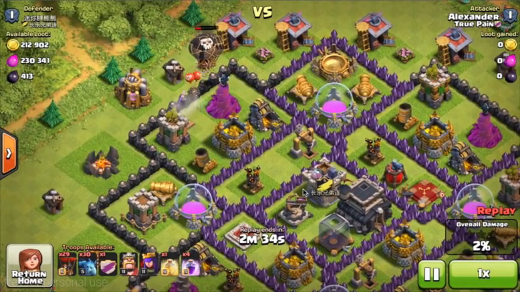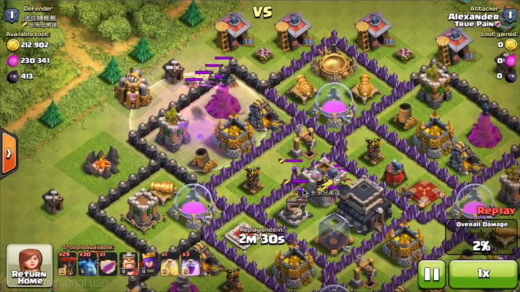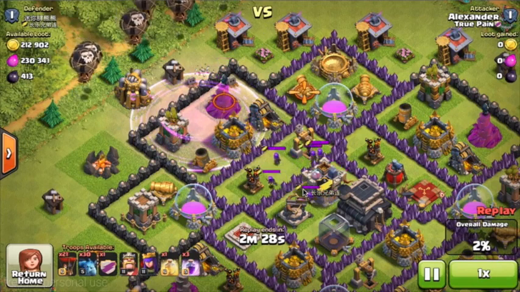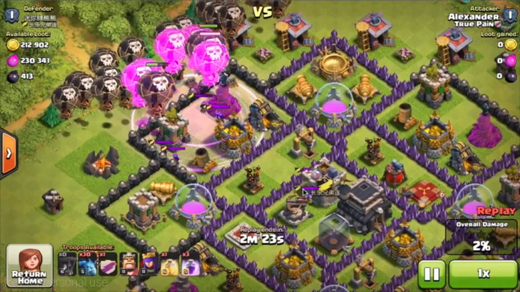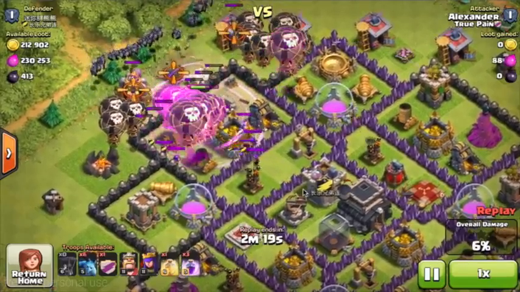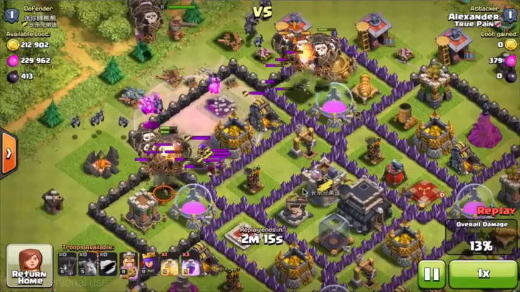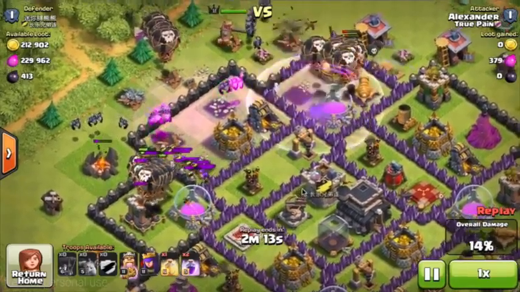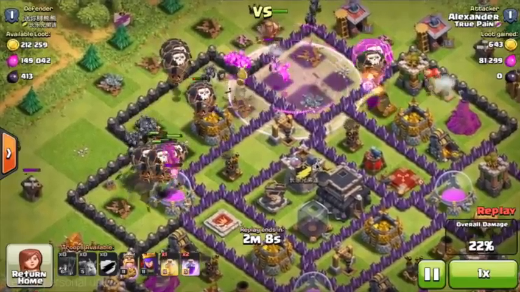And there, I noticed that there is a wizard tower. So I drop a rage spell first, because then when I drop my balloons, they're going to go in 2 different directions instead of going all together and then be taken out all together by the wizard tower. So they're going in 2 different directions with the rage spell now. And as you can see, the minions are coming fast, following up fast to the balloons, so they can take out the